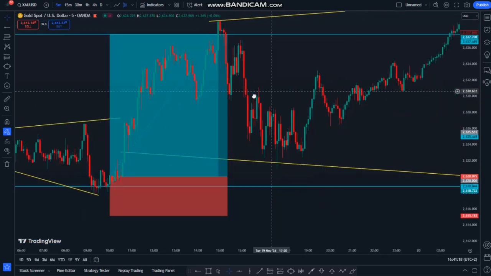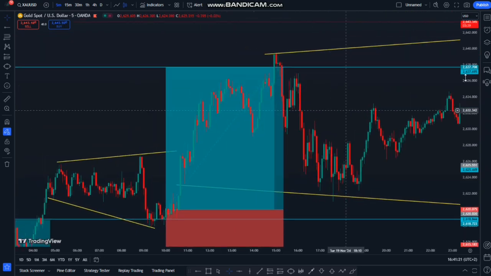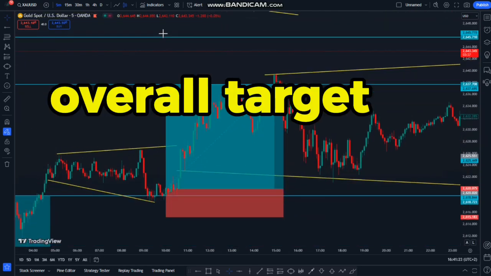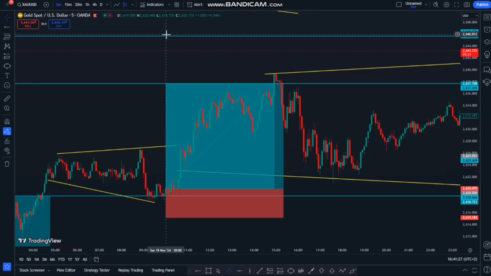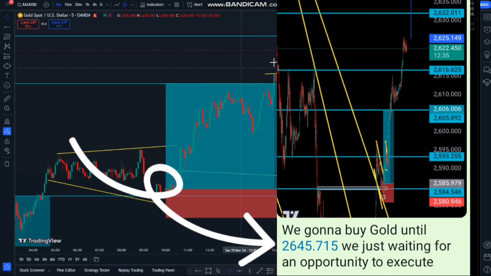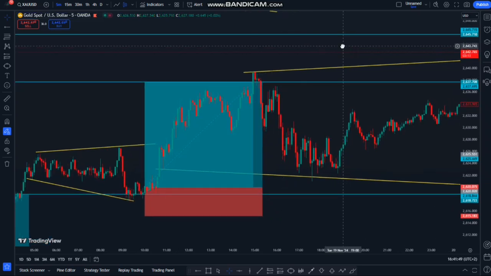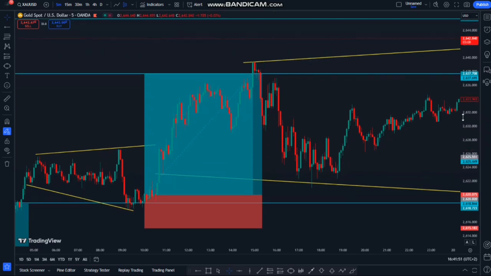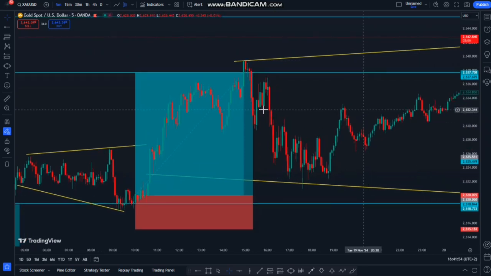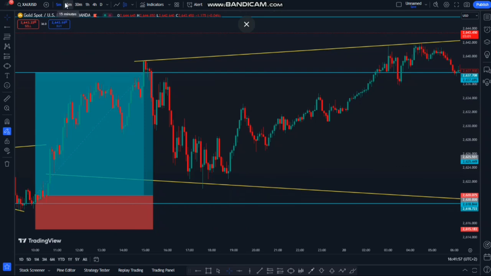Okay. And then I told them in the group that our target has to be here, guys. It has to be this one. But I don't remember the exact number, but I think it was 2.645 something. If not, yes, I think this might be the one. I don't remember. I will check. I will put the screenshot here in this video, all right? And then today, which is Wednesday,